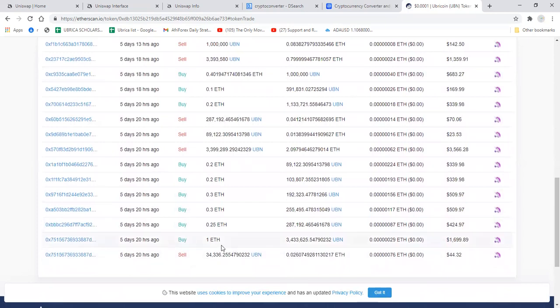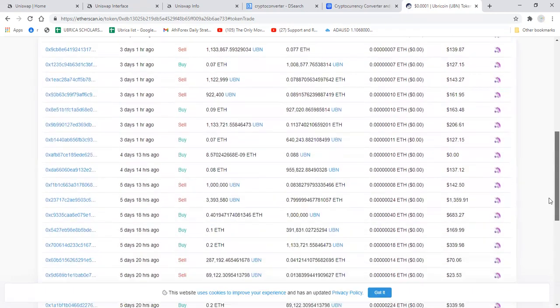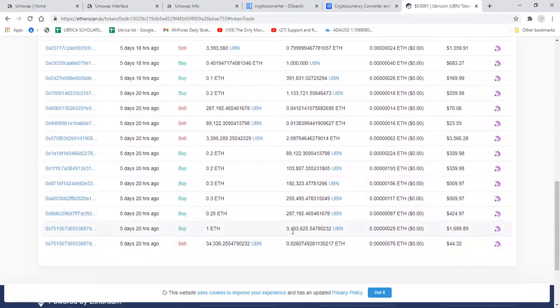Then the same day, we got 1 ETH into the pool, right? We got 1 ETH out of the pool, and then we had 4.4 million UBNs into the pool. And you can see here the consequent transactions of ETH getting out of the pool and more UBNs getting in the pool. And you can see here the value of the transaction. Here we had a transaction worth $1,000, $1.6 thousand, and then we have $424. We had $509,